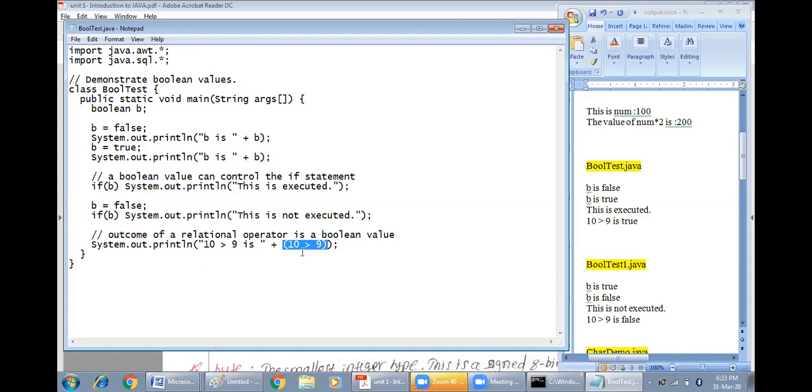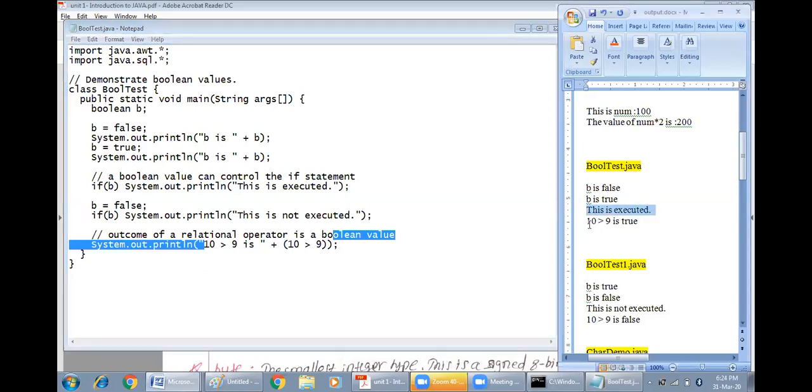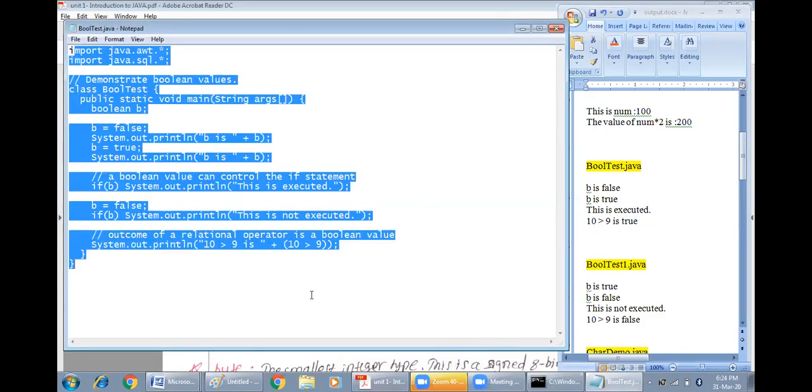So what is the outcome of this? We know that 10 is greater than 9, that is true. So the outcome is true. So ultimately what will be the output in this line? 10 greater than 9 is true. This is the output that we have got. This is the very first output of this Boolean Java program.